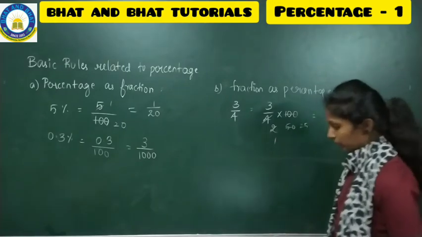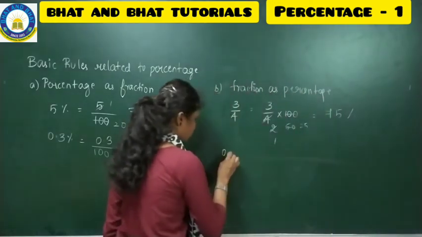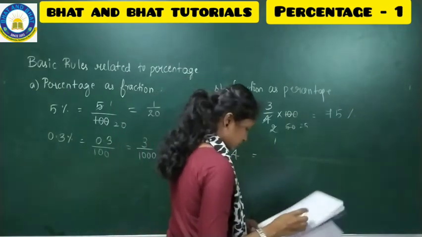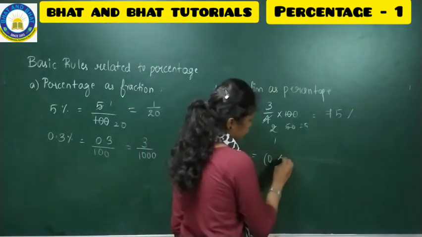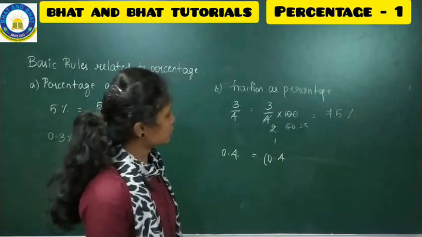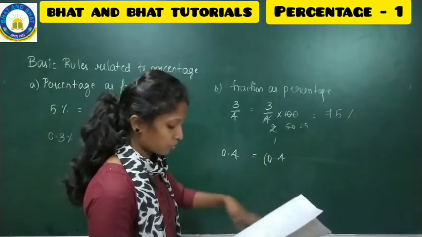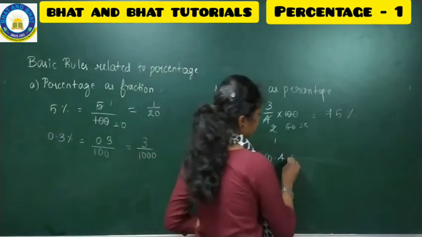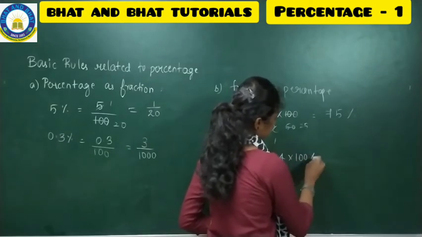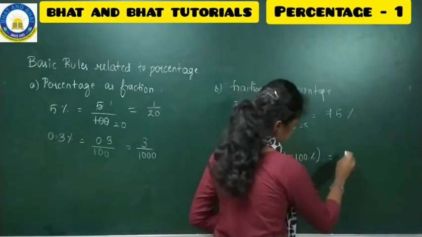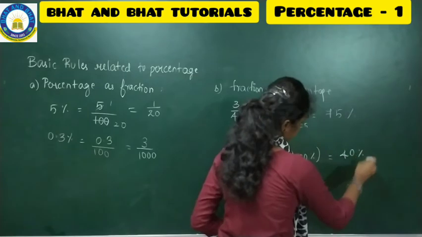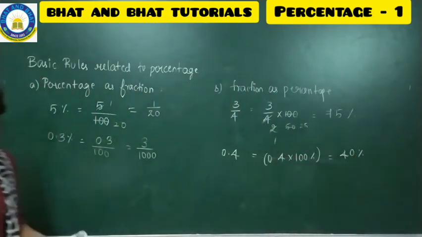4 ones are, you can go with 2 twos are 4, 2 fives are 10, 2 ones are 2, 25. So, okay. In the next part, 0.4. How will you express 0.4? 0.4, this is fraction format, okay. So 0.4 into 100%, which is equal to 40%. Take a note of this, make a note. So fine, hope you have copied this.